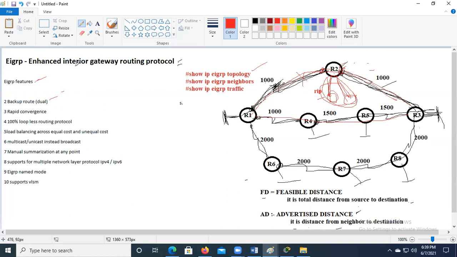Now, EIGRP by default is a 100% loopless routing protocol. EIGRP comes for rapid convergence. I am saying by default in EIGRP, when you are configuring, split horizon is enabled on the protocol by default. It is enabled, like when you are configuring RIP version 1.